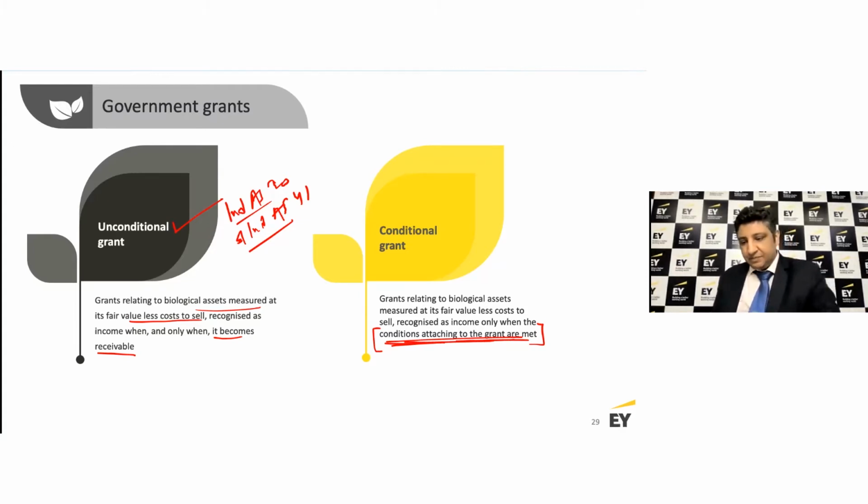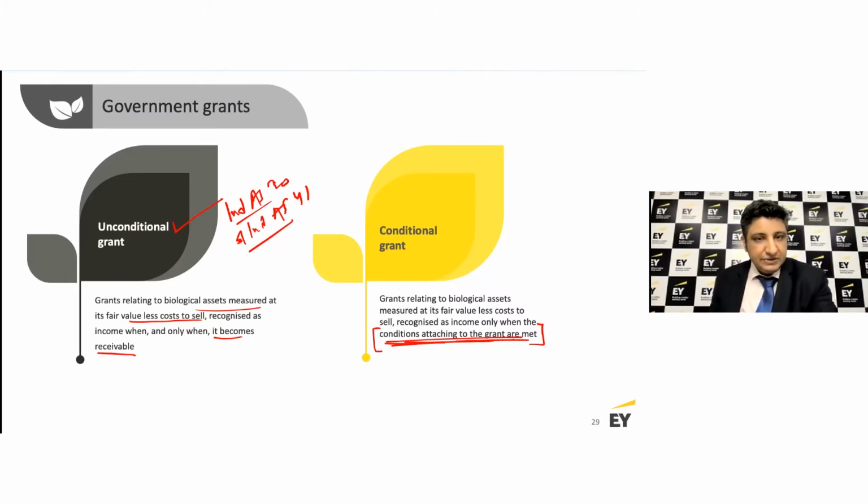Which means that even if you're, let's say, having a condition, maybe produce the agriculture or conduct the agricultural activities for, let's say, a period of 10 years, right? You're quite certain, you're reasonably certain, there's reasonable assurance that you will be able to complete those activities over these 10 years of time. But you can only recognize the grant at the end of the 10th year when all these conditions are met, not in the due course. That is something which is an element of consideration as far as the recognition and the measurement of a conditional